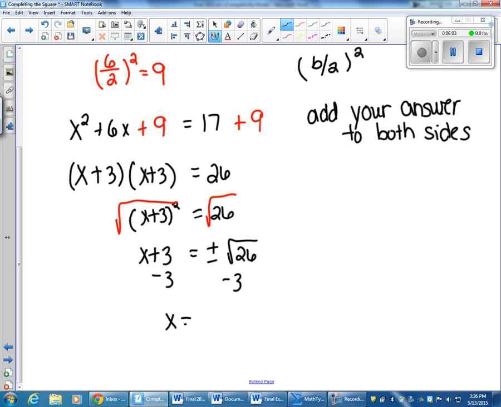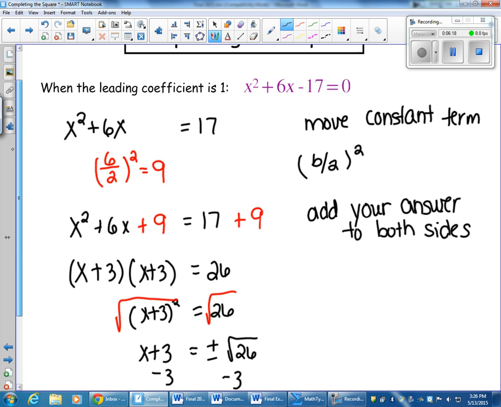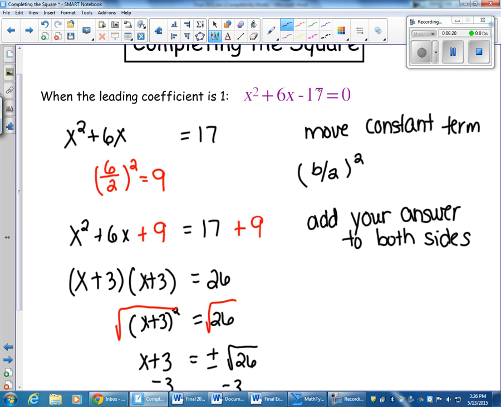So we get x equals negative 3 plus or minus the square root of 26. You can use the quadratic formula to check your answer. So if you take your original equation, your a, b, and c, a is 1, b is 6, c is negative 17, and put it into your quadratic formula, you should get the same answer,